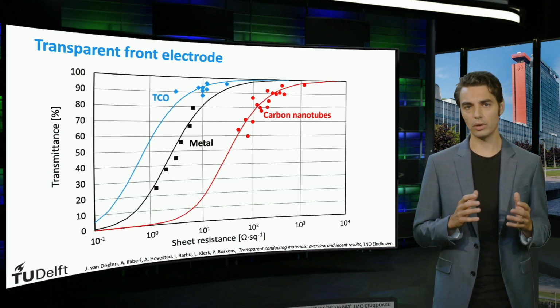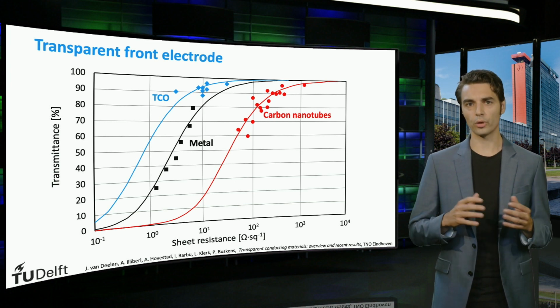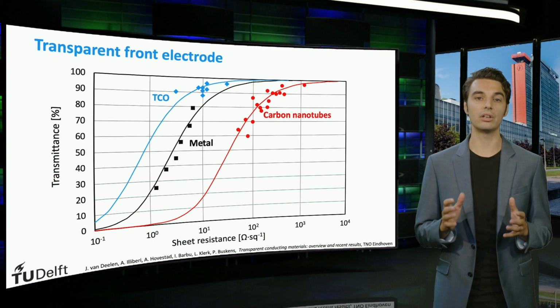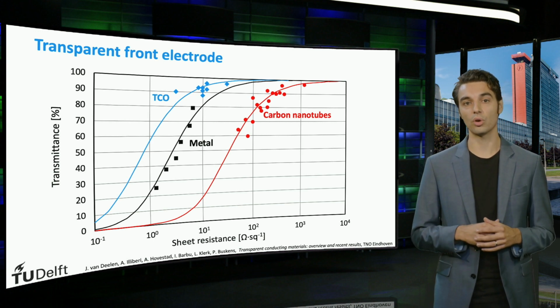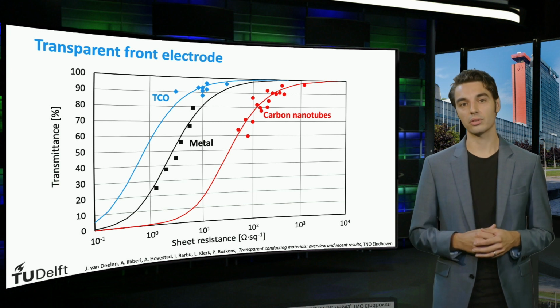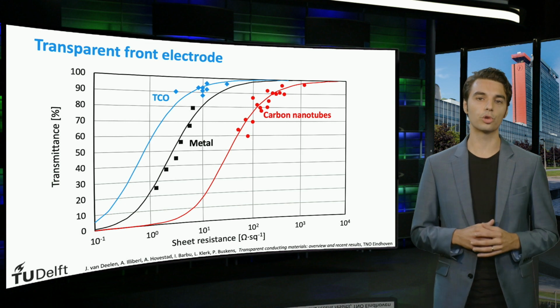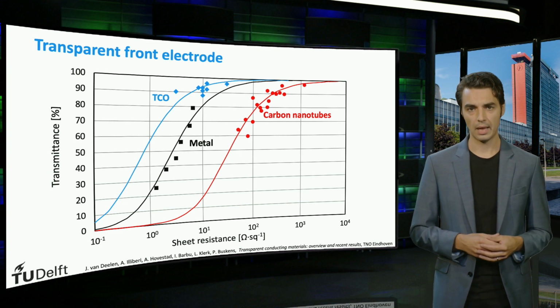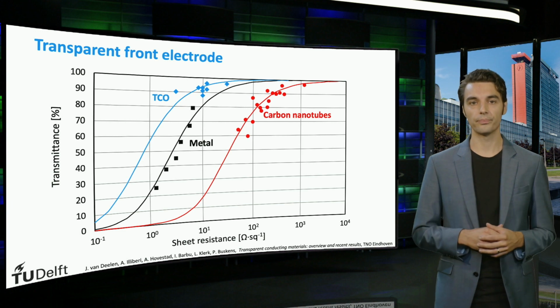A TCO is a metal oxide mixture with a wide band gap. The optoelectrical properties of TCOs depend on the nature, the number, and atomic arrangement of the metal particles in a material and on the presence of defects. The defects can be intrinsically present or purposefully introduced by doping of the material. Let's look at the TCO material properties in some more detail.